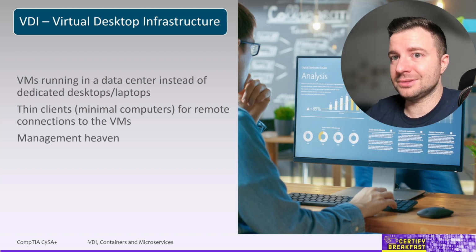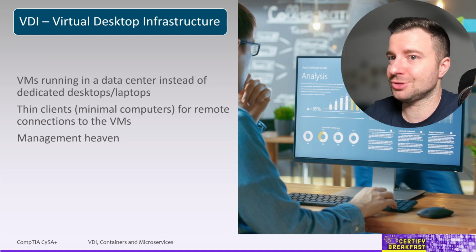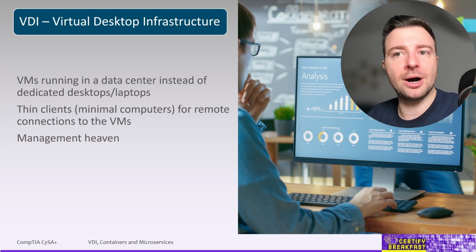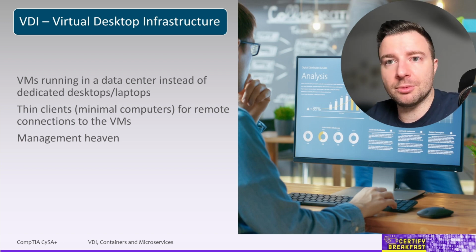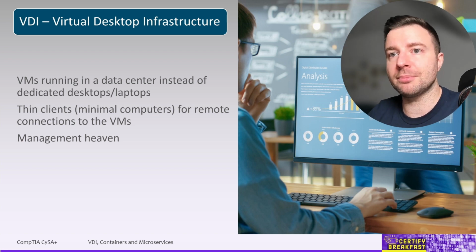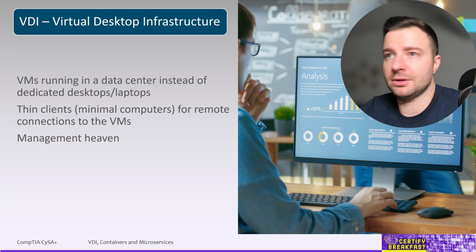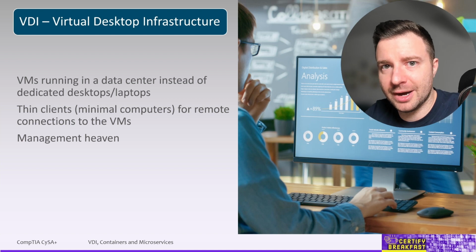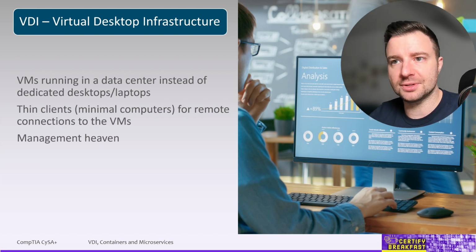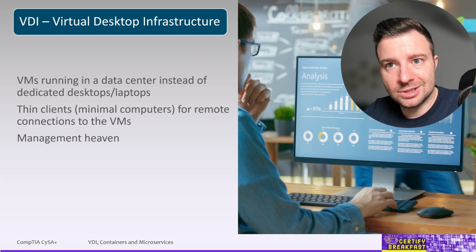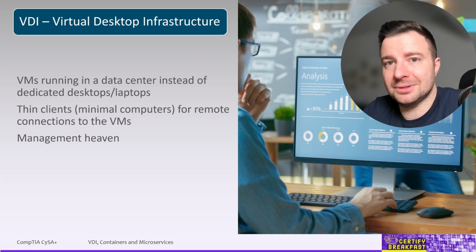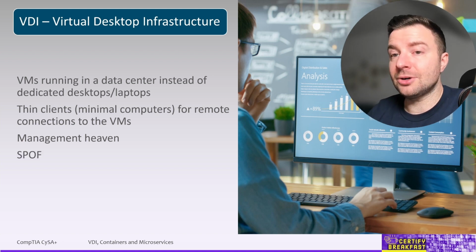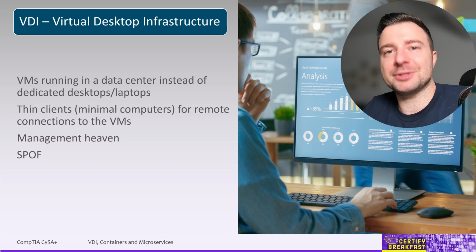Now, VDI is great from a management perspective. It's extremely easy to deploy new desktops, to repair, to rebuild, to apply security policies. If a user gets infected with malware, you can simply restore their desktop from a base image in a matter of seconds, or a minute or two perhaps. Not to mention that the user gets the same experience and the same files, the same desktop, the same environment, same resources, regardless of the user's location or even regardless of the device that he or she is using. I mean, they can even connect from a smartphone to the same desktop. And it all sounds great from a marketing perspective, right?